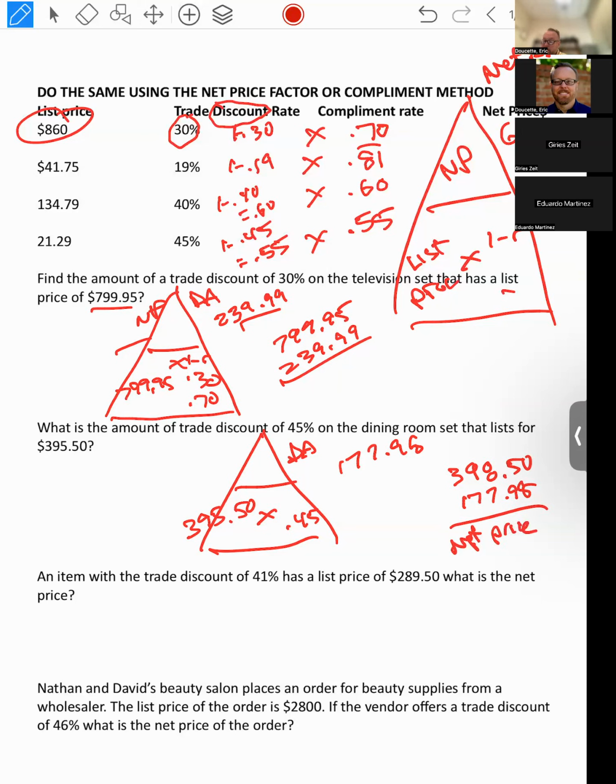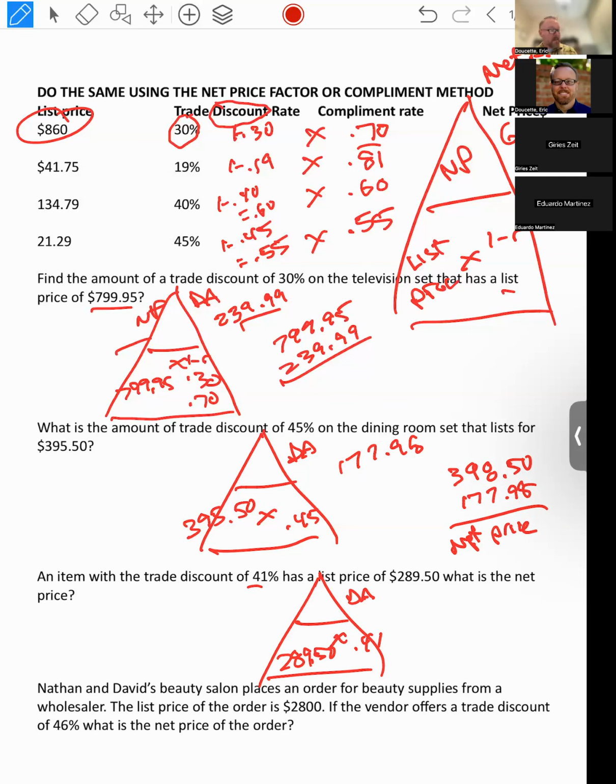All right, an item with a trade discount of 40% has a list price of $289. Again, same problem. $289.50 times the rate, 0.41. That's going to give me my discount amount. Oh, but this one's asking for the net price. So we'll do that one, right? So that's going to give me,